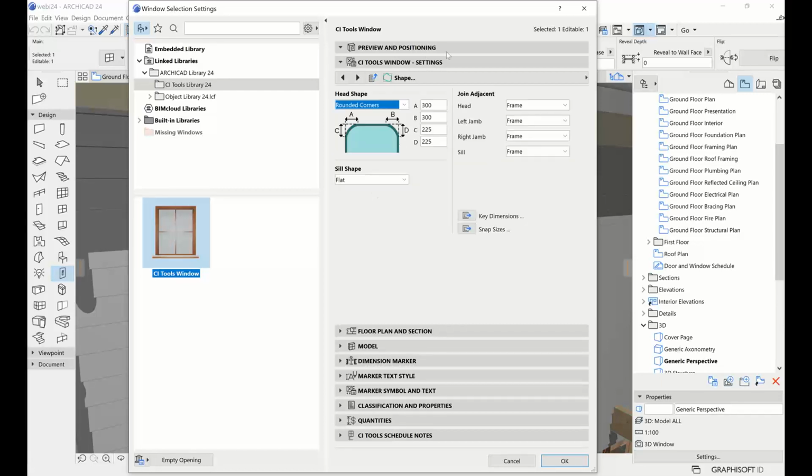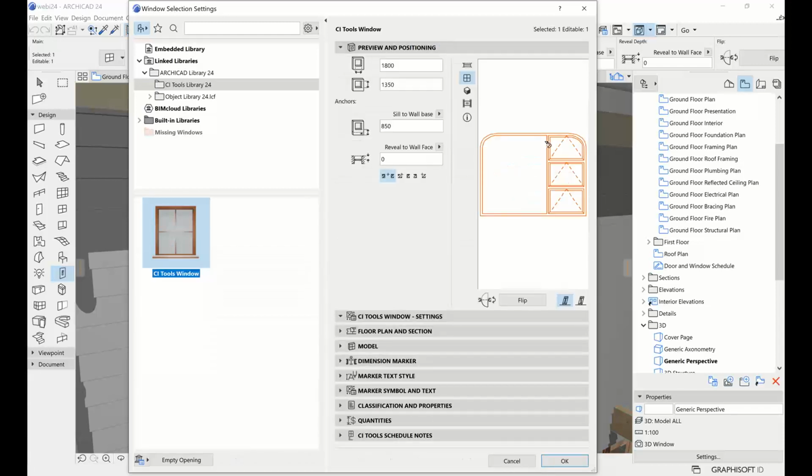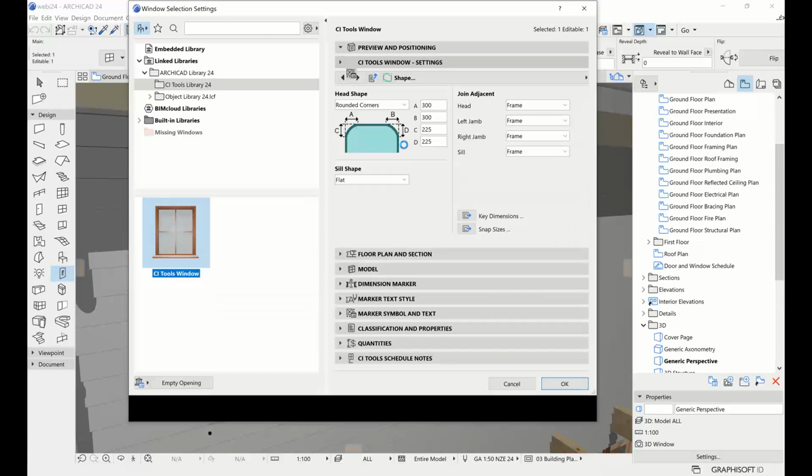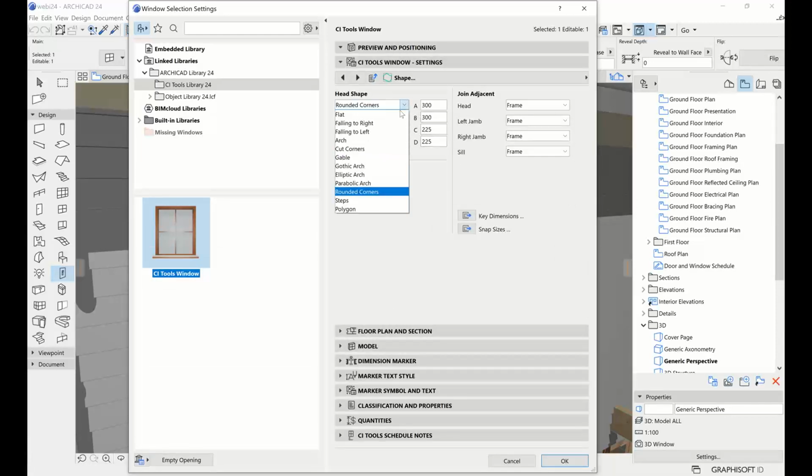And the rounded corners is going to do quite similarly to the arch, only it's further out, at the edges, and the controls for that look pretty much the same as the cut corners option did. So you can see we've got A and B settings for the inward length and C and D for the drop down on each corner. So obviously, if you wanted to, for some reason, make this go all the way across, you could make these both the total width of your window, and that would